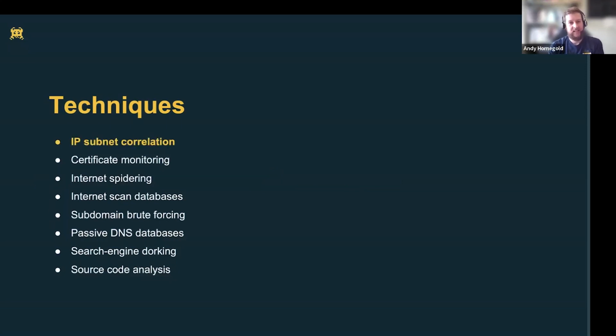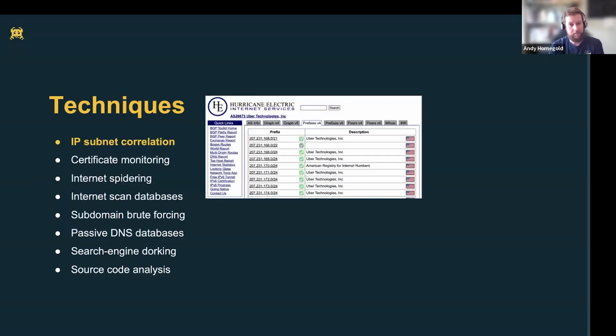One of the ways that attackers find what you've got exposed to the internet is using IP subnet correlation. Now, this will usually only appeal to people who have an IP address range that they own. So Intruder, like we have our own IP address range. We've bought that from RIPE and we have it published to our scanning ranges. It's what makes up the allow list within Intruder,